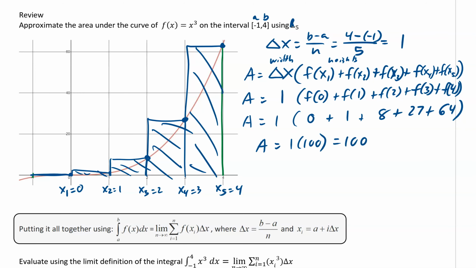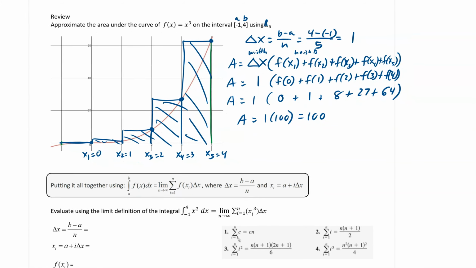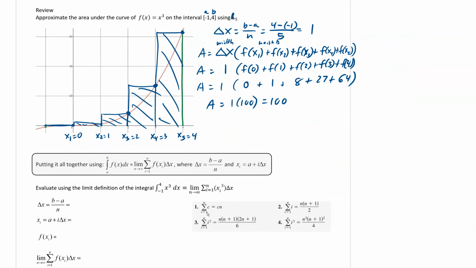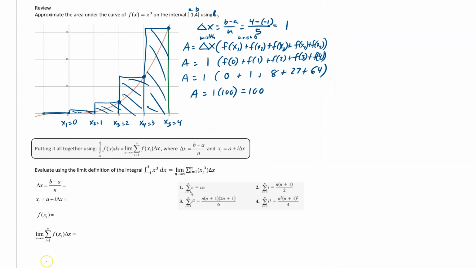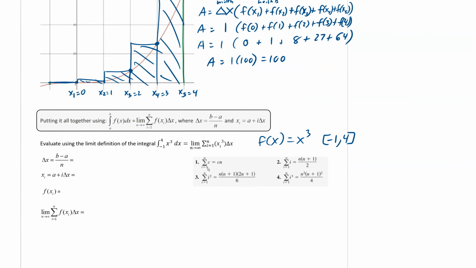So we're going to be doing the same exact steps, except we want to make sure that we find not an approximation of the area from -1 to 4, but an exact area. And so that's what this integral means. We're taking and finding the area under the curve of x cubed from -1 to 4. So that means our function f of x here is x cubed, and our interval is -1 to 4, given that